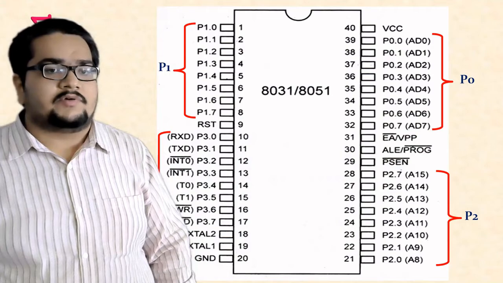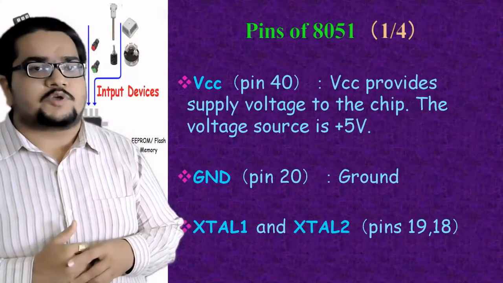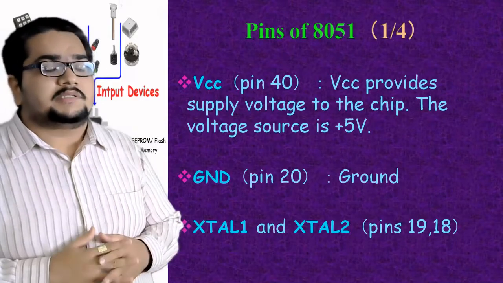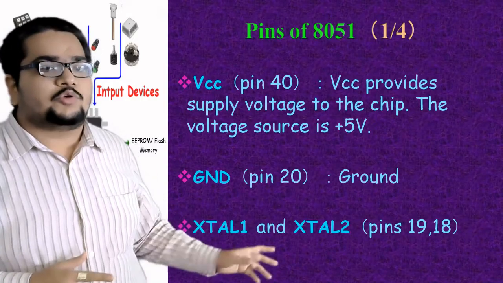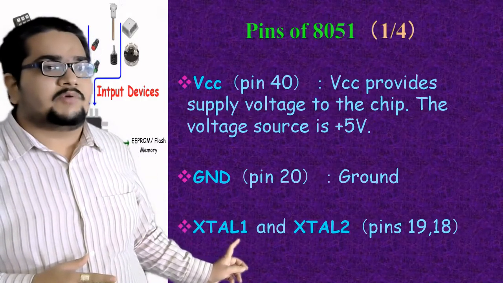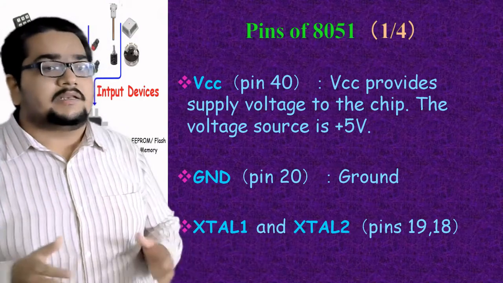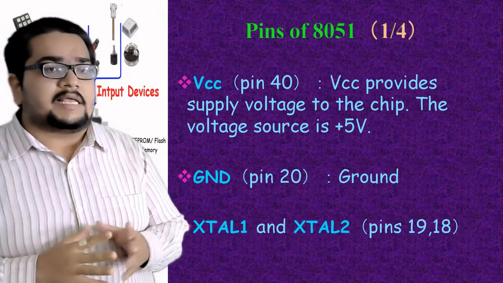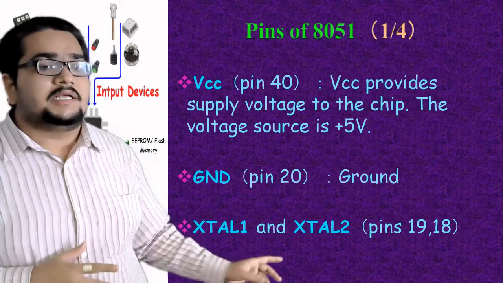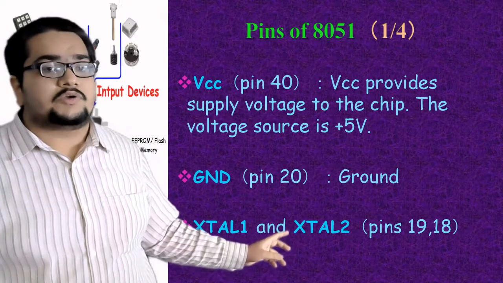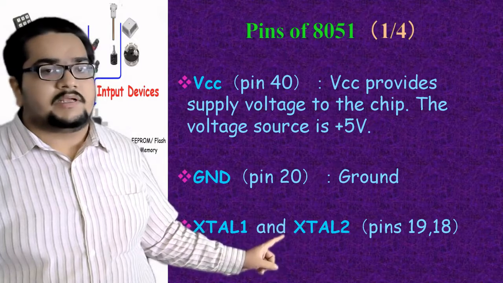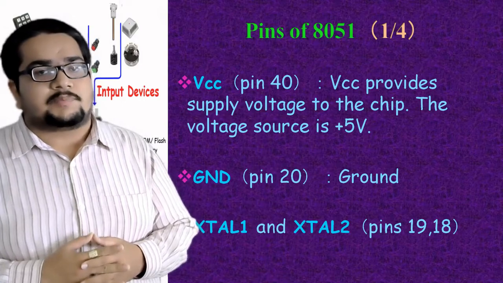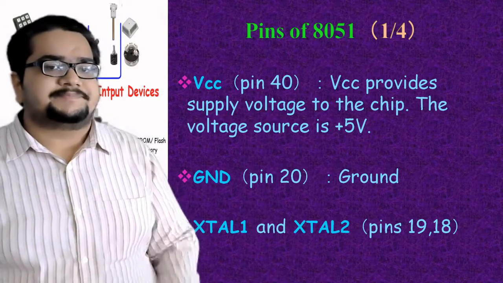And to understand, we make groups of all the pins of 8051 into 4 groups. In the first group, we will be talking about these 4 pins: VCC and ground, the power supply pins, and 2 oscillator connections, XTAL1 and XTAL2. XTAL is an abbreviation for oscillator. So XTAL1 and XTAL2, pin number 19 and 18, are the oscillator pins. How they will be used, how the oscillators are connected, and in what configuration, we shall see. Talking about the power supply, this 8051 works on 5 volts of power supply.